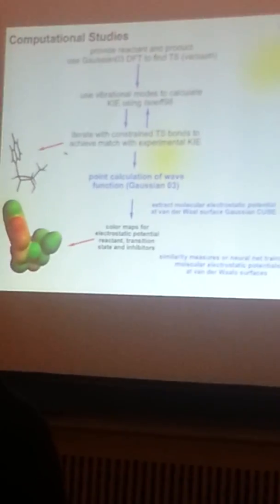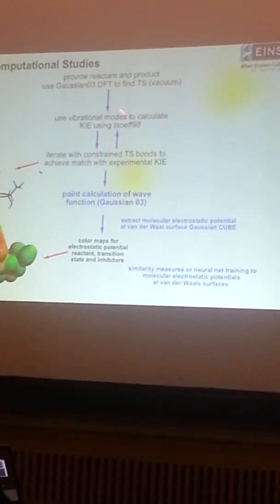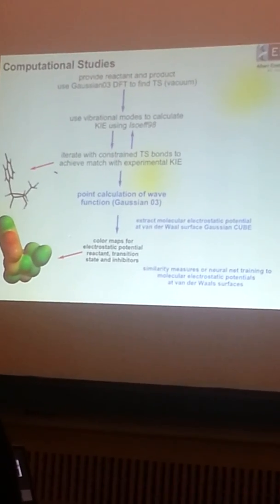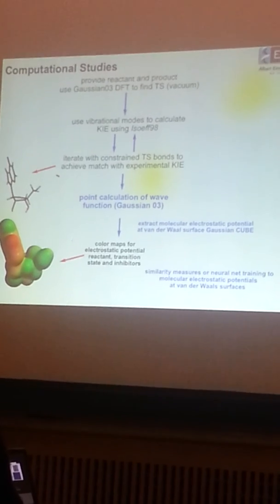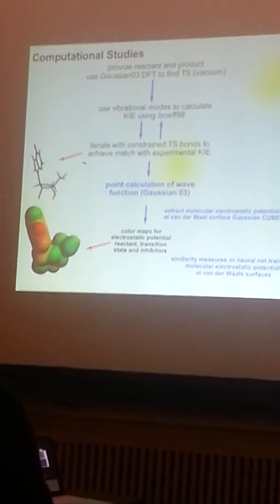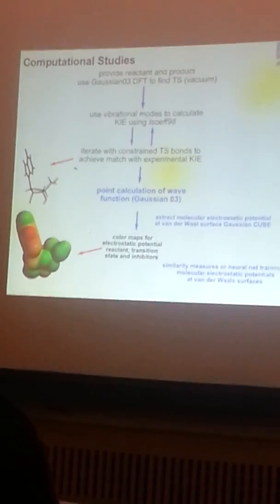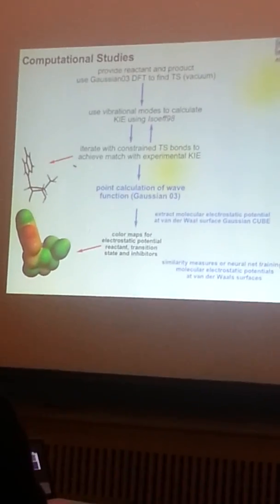And at that point, you can calculate the kinetic isotope effect with this software. And so here, once you get the distance of the bond cleavage, you can draw the transition state structure. And so with the Gaussian cube, you can have the electron potential of this